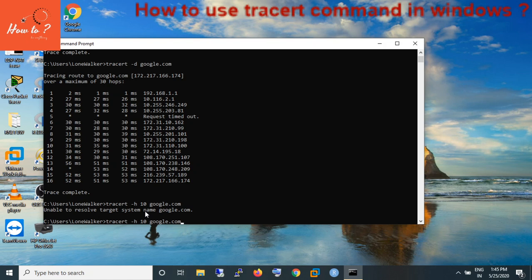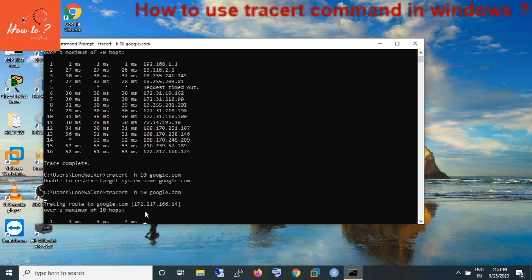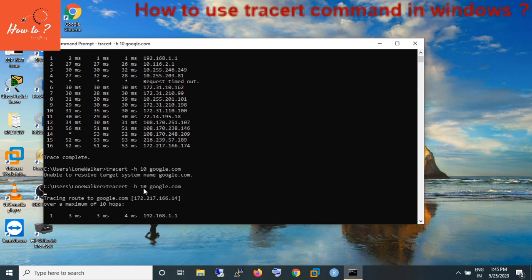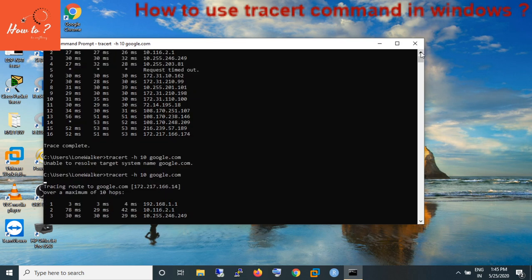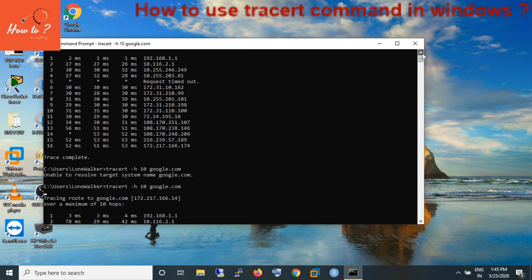Some glitch, I think. It is tracert. Yeah, now I can see that trace route is running up to a maximum of 10 hops. Earlier by default it was going to a maximum of 30 hops.